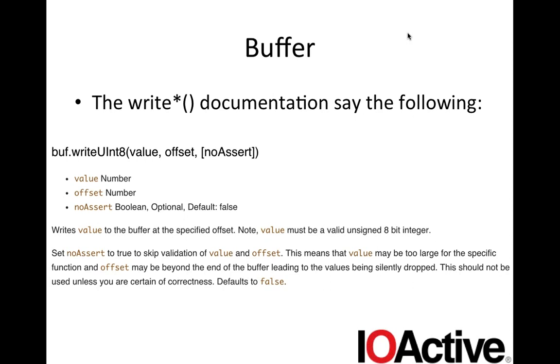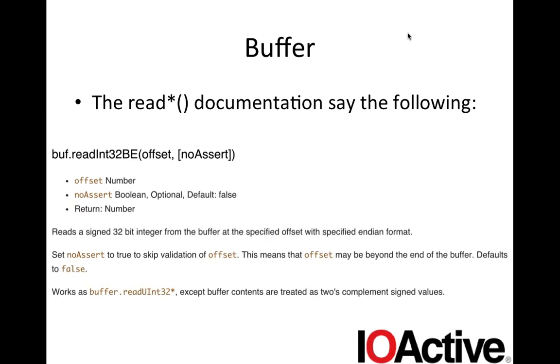The other thing is that these buffers have APIs to read from them and write to them. You can either use the bracket operator or you can use the read and write APIs, right? And with the read and write APIs, you can specify an offset. So that allows you to read and write data, but does it also allow you to read and write out of bound, right? That's one of the things I investigated. The bracket operator is safe. It does bound checks. Now, once you start looking at the write APIs, it says the following, right?